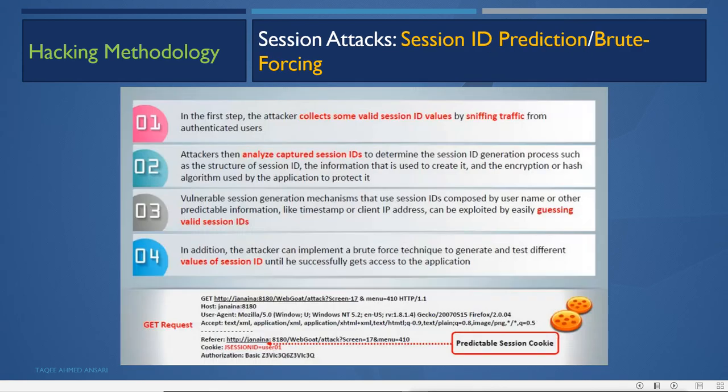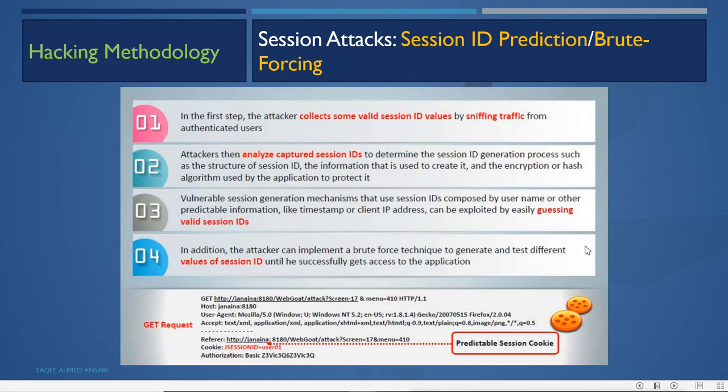Then on the session attack, we have session ID prediction or brute forcing the session ID. In the first step, the attacker collects some valid session ID values by sniffing the traffic from authenticated users. Then the attacker analyzes the captured session IDs to determine the session ID generation process, such as the structure of the session ID, the information used to create it, and the encryption or hashing algorithm used by the application to protect it.